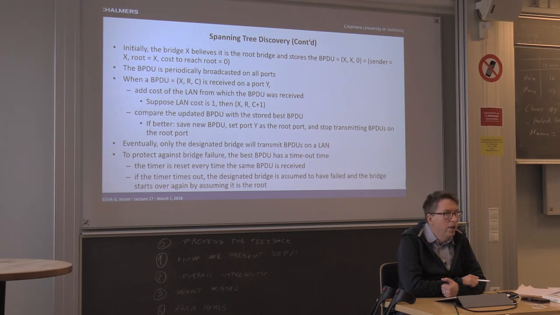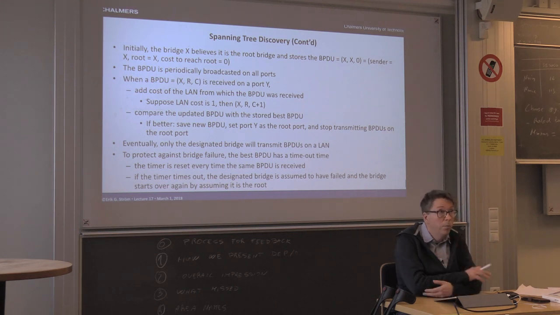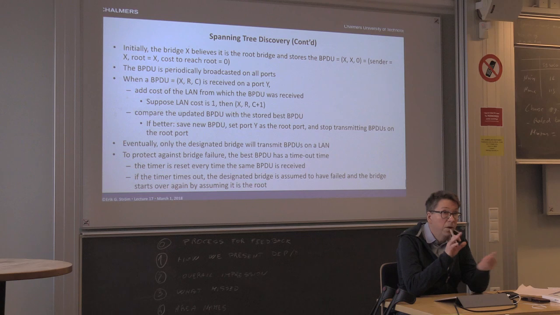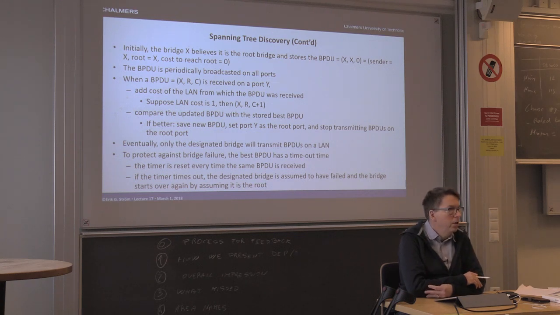The topology we get here is not necessarily the best possible one, in the sense that there could be better. I mean, there are many ways to build a tree from a topology, and some trees are better than the others. We did not try to optimize this. It just became what it became out of this algorithm. So there are tweaks one can do in order to get better topologies than the one that the protocol makes. And one way is to